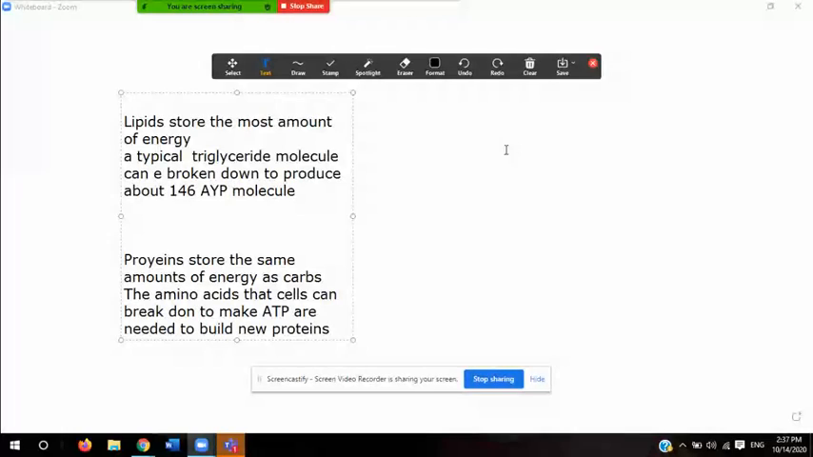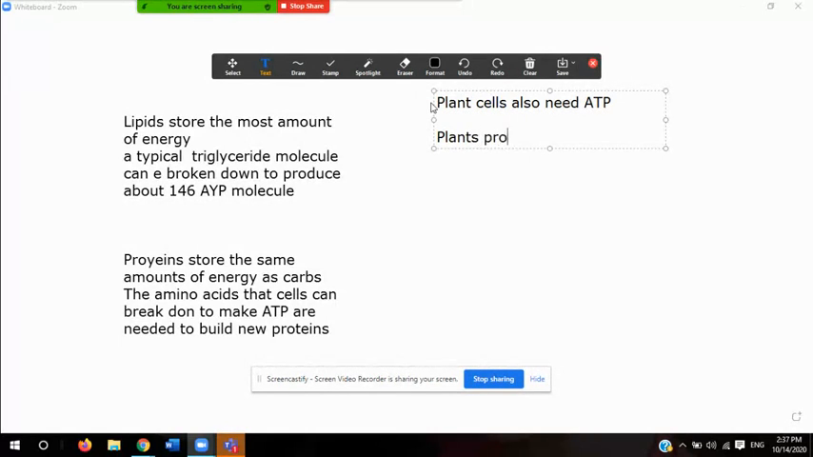Great. Let's continue here then, guys. It says plant cells also need ATP, so it's not just animal cells, but plants make their own. Plants produce their own ATP via